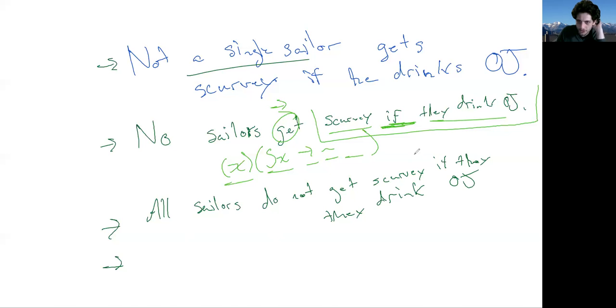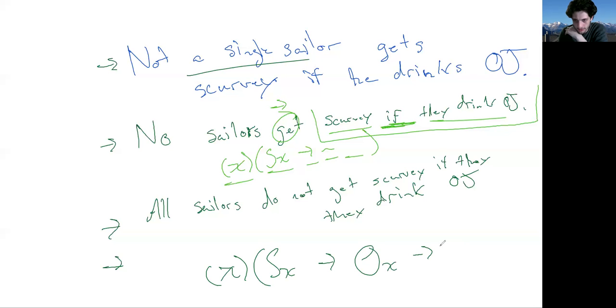Right. So having this conditional in there is definitely what makes this a harder problem. It makes it harder to just make. I mean, we could translate this, but I want to try to make it intuitive in how we get there. But we're saying it's not the case that if you drink OJ, then you get scurvy. So that means in here, saying for everybody out there, if you're a sailor, then, see, the thing I'm hesitant on is I think this is the natural translation that I want to say. If you're a sailor, then if you drink OJ, then you don't get scurvy.